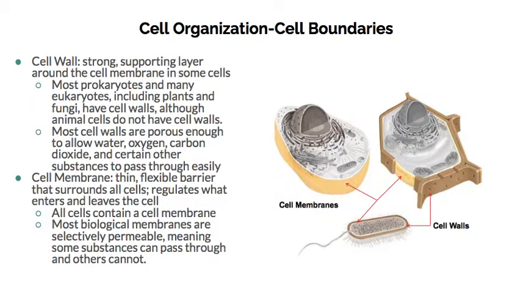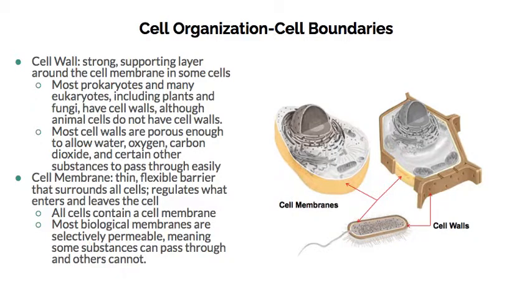So last, we're going to talk about our cell boundaries. We have the cell wall, which is a strong supporting layer around the cell membrane in some cells. Most prokaryotes and many eukaryotes, including plants and fungi, have cell walls, although animal cells do not have cell walls. Most cell walls are porous enough to allow water, oxygen, and carbon dioxide and certain other substances to pass through